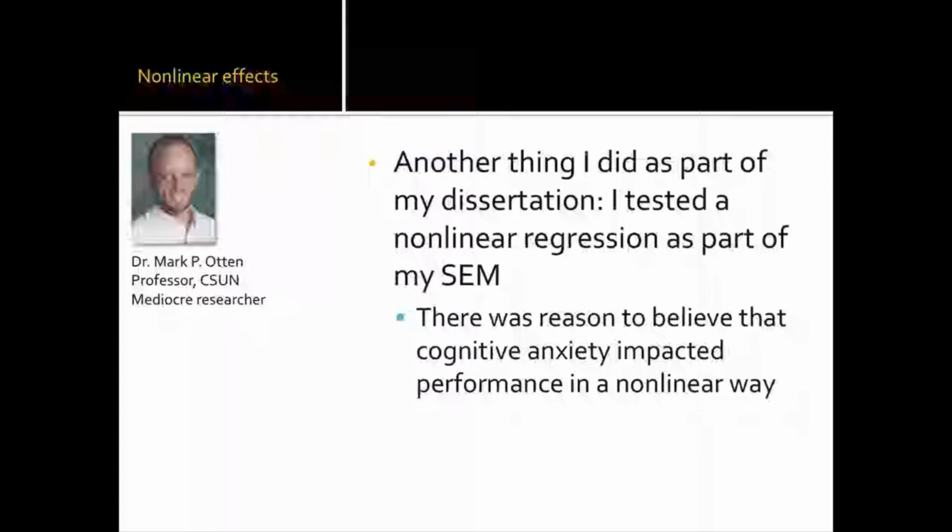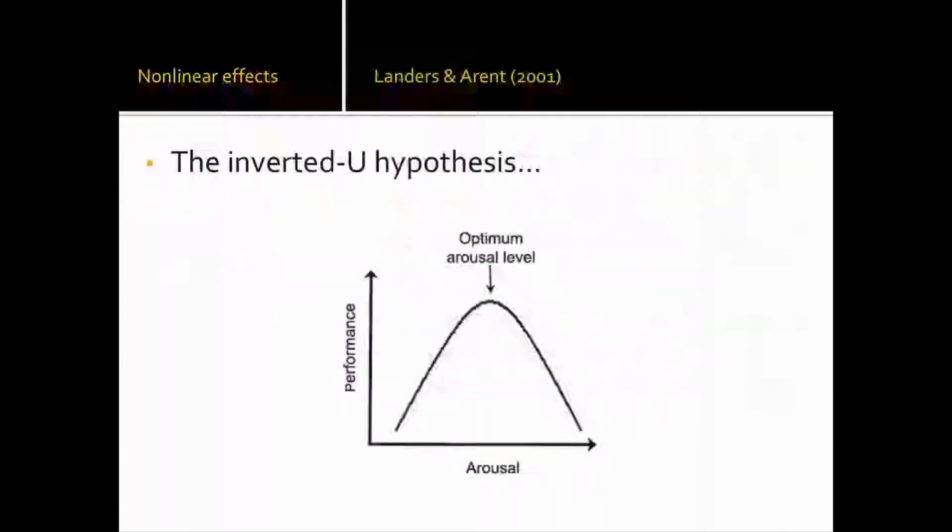For example, for me with anxiety, we might hypothesize that a certain amount of arousal or anxiety might be a positive thing for performance up to a certain point, and then up to that point you become too anxious and your performance starts to decline again. And so we had an inverted U hypothesis that in sports psychology is used a lot to try to capture the arousal performance relationship that I just mentioned. This model has also been seen in other parts of psychology, I think, in terms of maybe test performance and things like that,